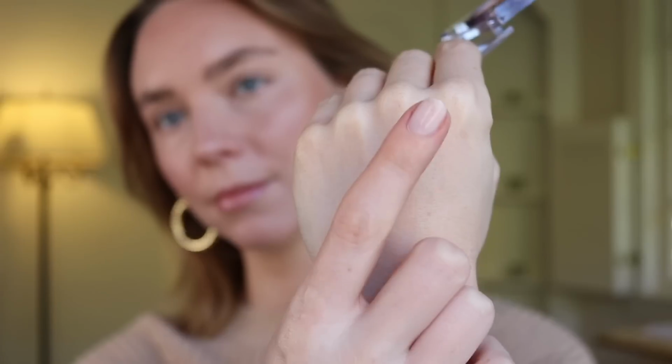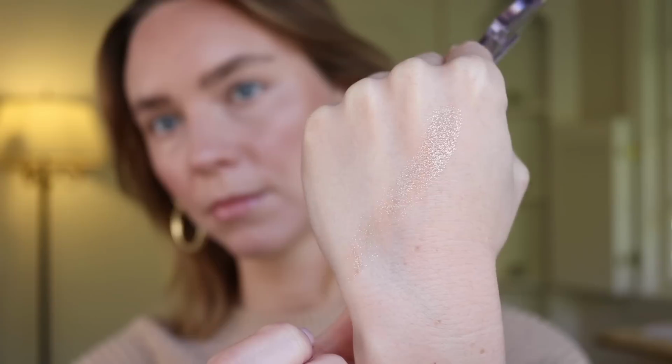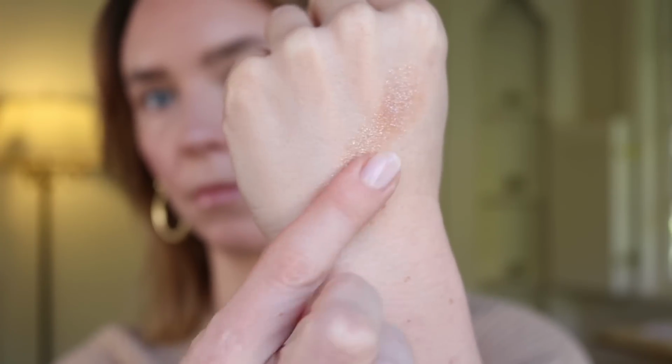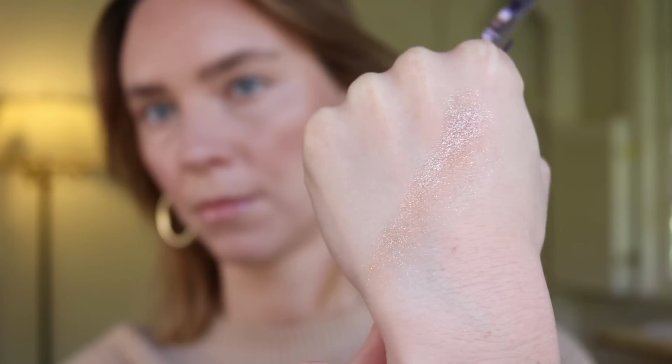But Space Cowboy is really beautiful. As you can see in the application clip, I find that it works best with your fingers because it is a little bit of a glitter that can have some fallout. So I always use my fingers, and it adds a sheer wash of peach with a gorgeous, reflective, glossy, kind